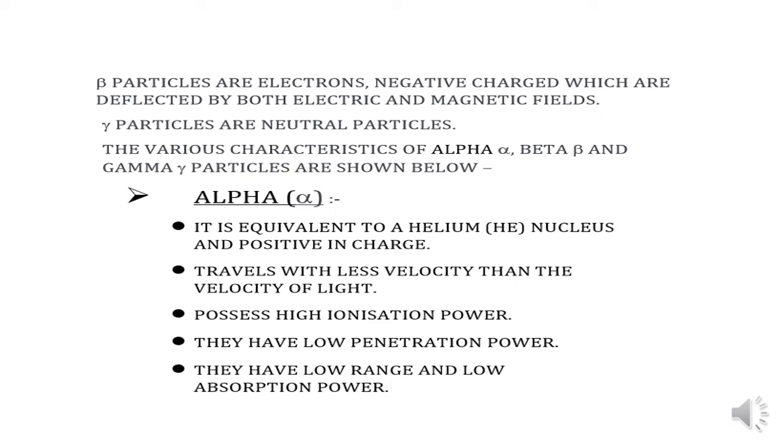What is the range of an alpha particle? Range is the maximum distance an alpha particle, or any particle, can travel before it loses all of its energy. And of course, the absorption